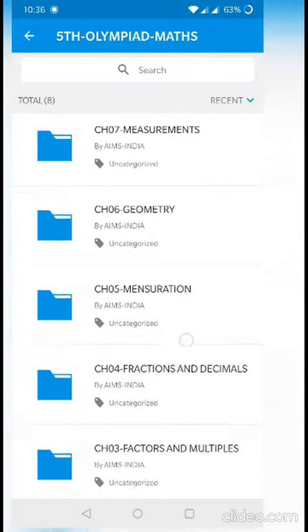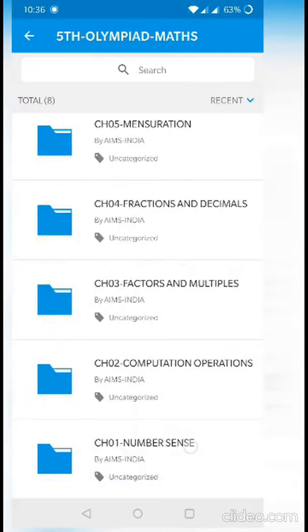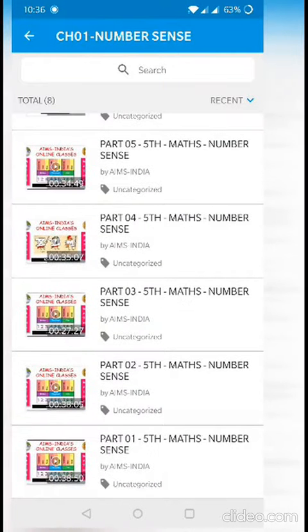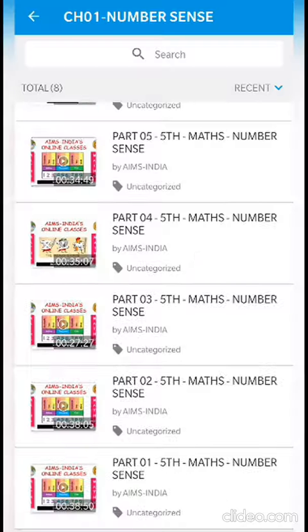At the top it is the overview. Beside that there is videos. Click on that. Here 5th class all videos are added. Maths and sciences. Here maths chapter wise videos are there, folders. If you click on any chapter, subtopic wise videos are here. You can watch these videos whenever you are comfortable. If you click on that video, you can watch any video.